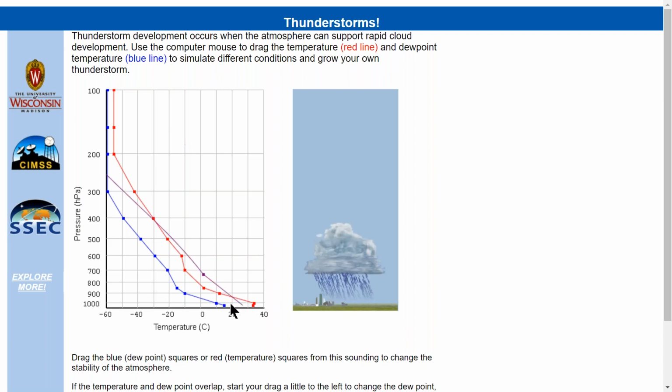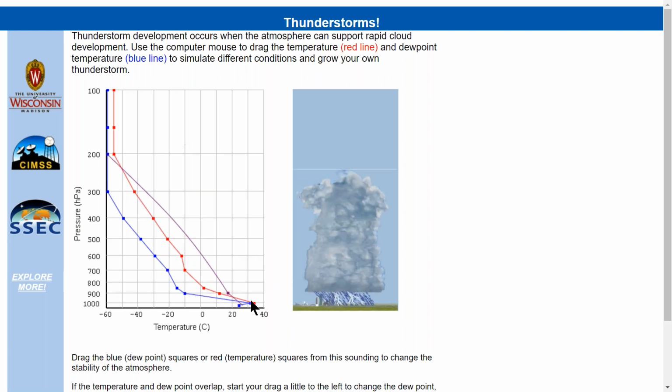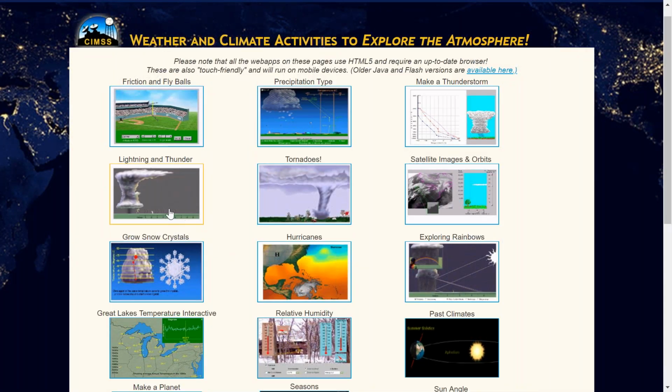And what I'm doing here is I'm manipulating the temperature and dew point temperature in the lower levels of the atmosphere. And the idea here is to allow students to create a thunderstorm, or if I go up higher and drag that over, to see what happens if you get an inversion in the atmosphere. Again, very basic concepts, but it allows people to experiment and play with things.